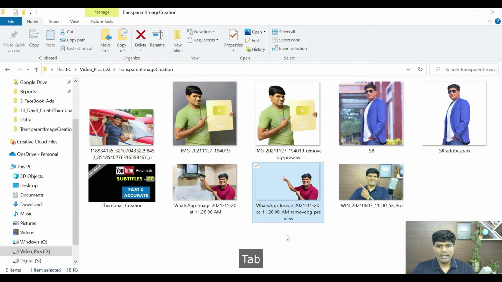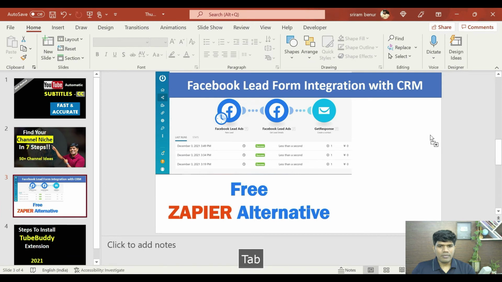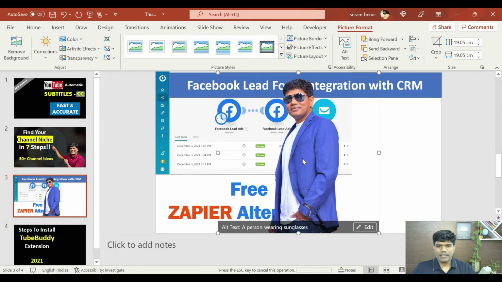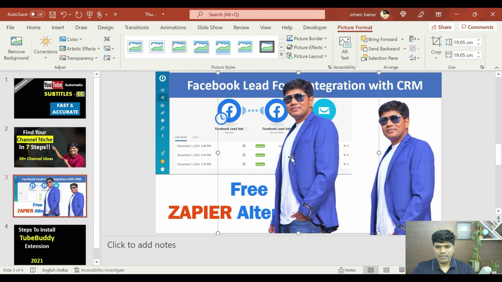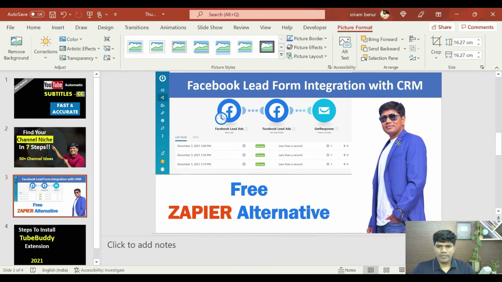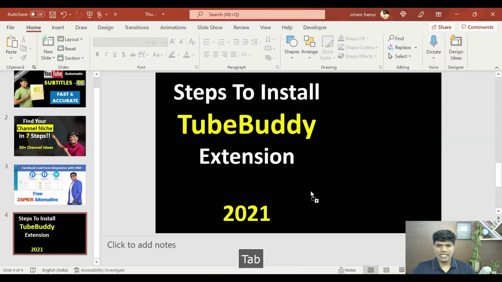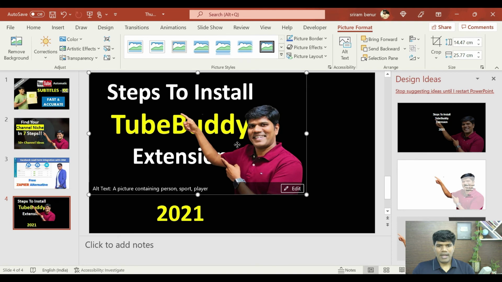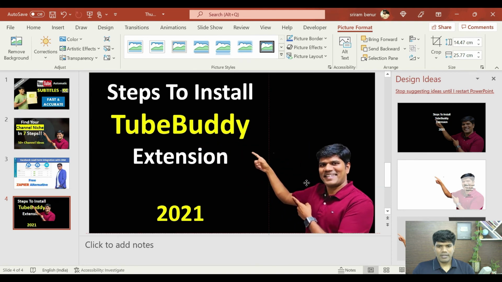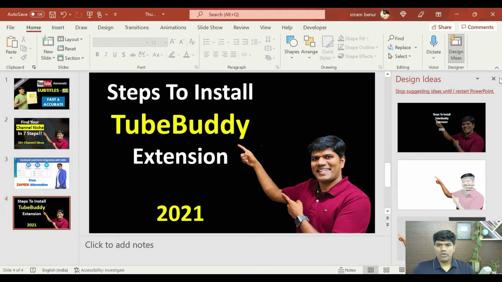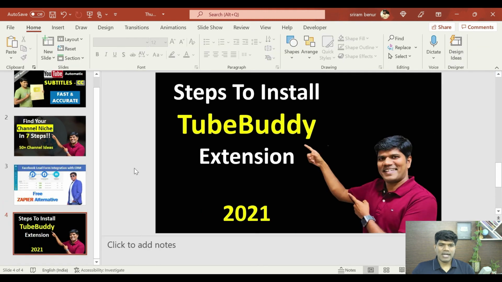If you want to add any particular one, you can just add it. Something like this, right? Now let me just drag one more image here and put it. I'm just going to drag it and make it slightly bigger, right? See, that's how you can make sure your thumbnails are going to stand out.